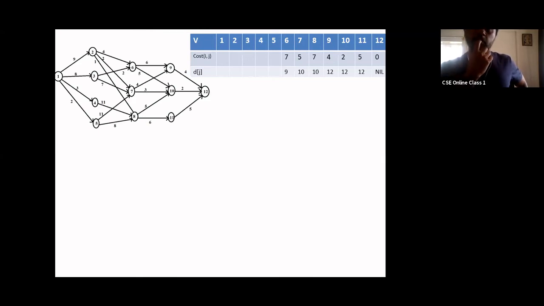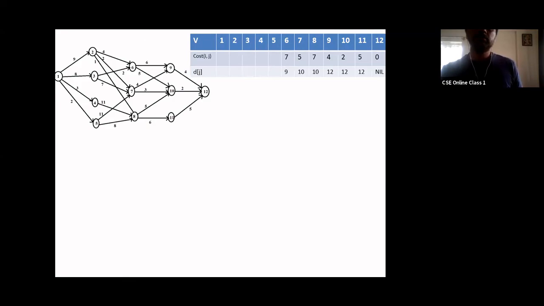You try for stage 2. So stage 2 is cost of 2,2, cost of 2,3, cost of 2,4, and cost of 2,5. Once you complete that, we need to calculate stage 1. In stage 1 we have only one vertex, so it is cost of 1,1. If we can calculate that, then we can find out the least cost path as well. In our next class, we will discuss the continuation of this and the algorithm related to it.